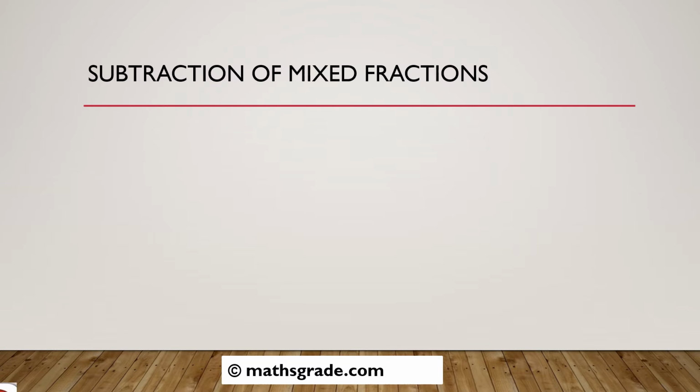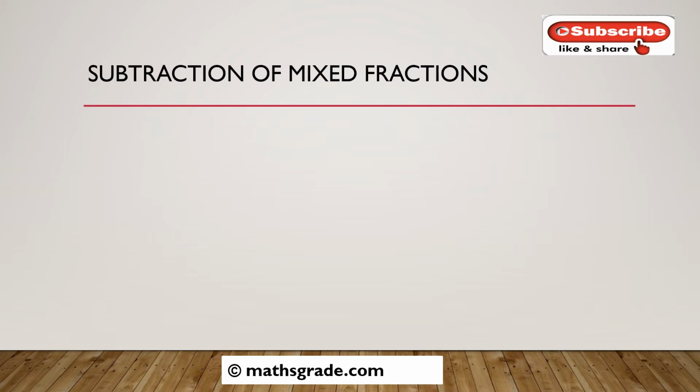Then after getting the equivalent fractions, which are like fractions having the same denominators, subtract the numerators and write down the denominator as it is. Then we get the subtraction of like fractions, and that fraction is the result of the subtraction of the unlike fractions or the subtraction of the mixed fractions. This is the first method, and we can also solve it by a second method.